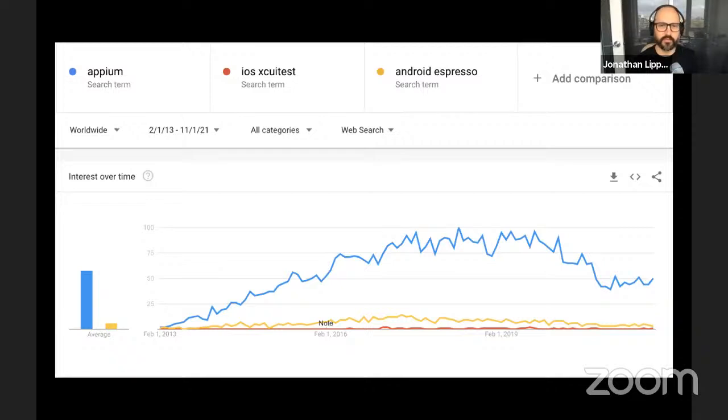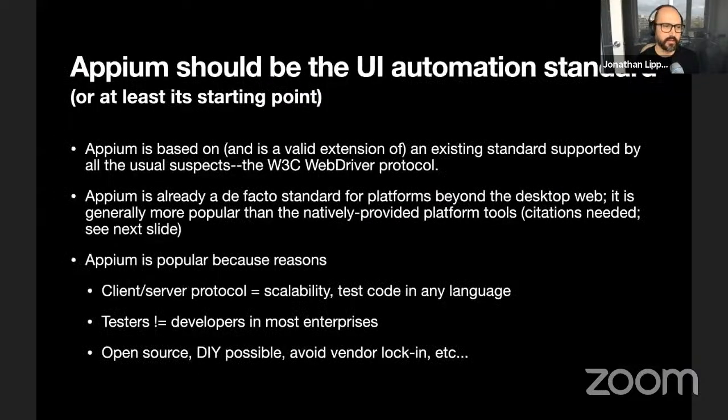So that's without evidence, of course, but anyway, you can see that regardless, Appium as a search term is an order of magnitude more popular than the native tools from Apple and Google, for example. Again, that would need to be much more rigorously researched, and we'd have to get data from a variety of places to actually determine anything like usage. We don't track usage, being an open source project without any kind of telemetry.